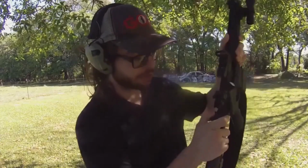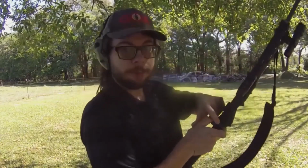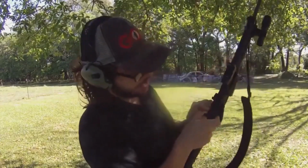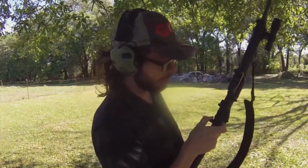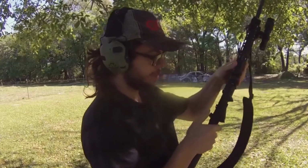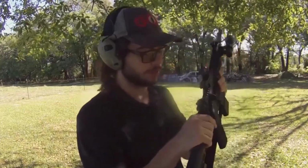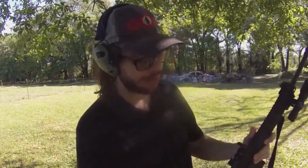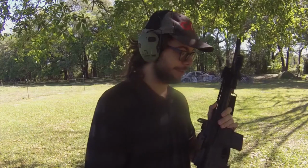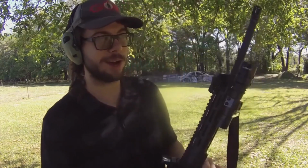As a matter of fact, I've had charging handles malfunction with this little pin right here on the back of the charging handle. I have no idea what I would call that, but there's a little pin right back here on the back of the charging handle that holds this little arm gripping mechanism onto the charging handle. I've had that walk out, and whenever that happened, I was just slightly out of battery. I could not run that AR platform, and it took me a minute to figure out what the hell was going on and how to fix that, and I needed tools to fix that, and that's not something that you want to figure out if you are in the middle of a situation where you're trying to use that rifle